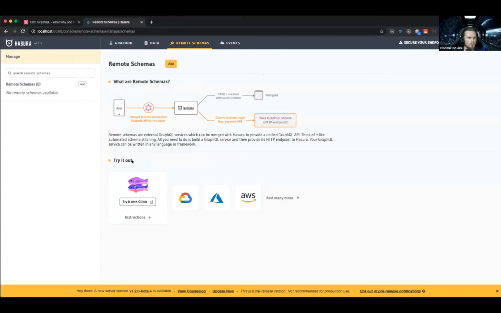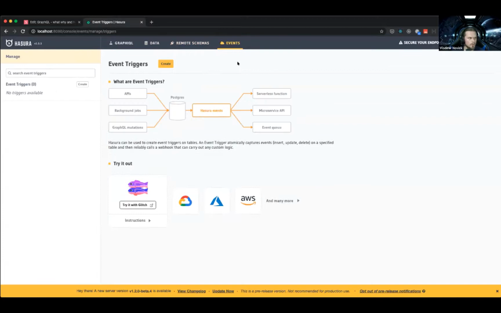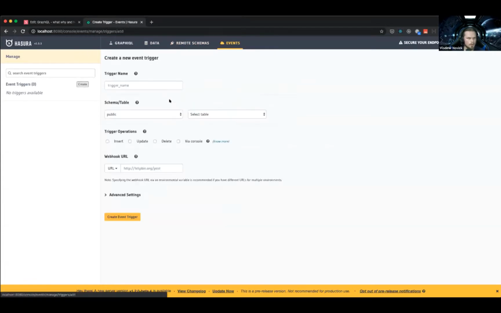So I can do synchronous business logic in that sense. And remember the eventing system I told you about? So I can go to events and add an event trigger and say whenever the name will be echo, and let's say whenever a post insert happens, trigger some URL.